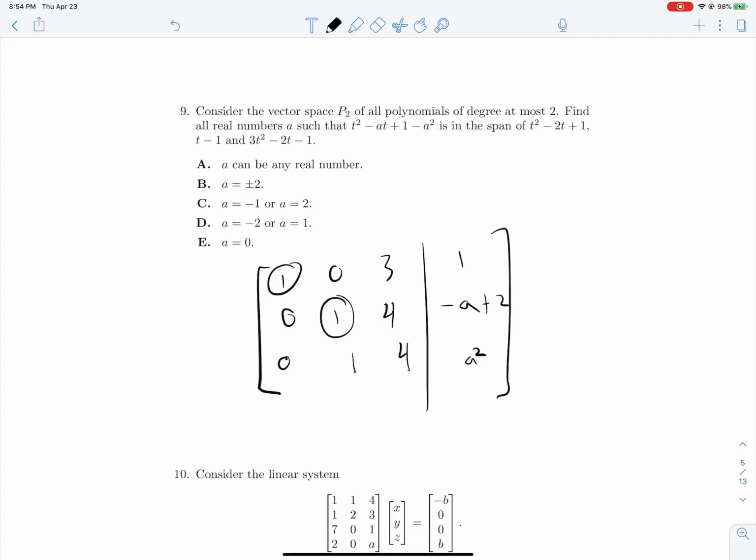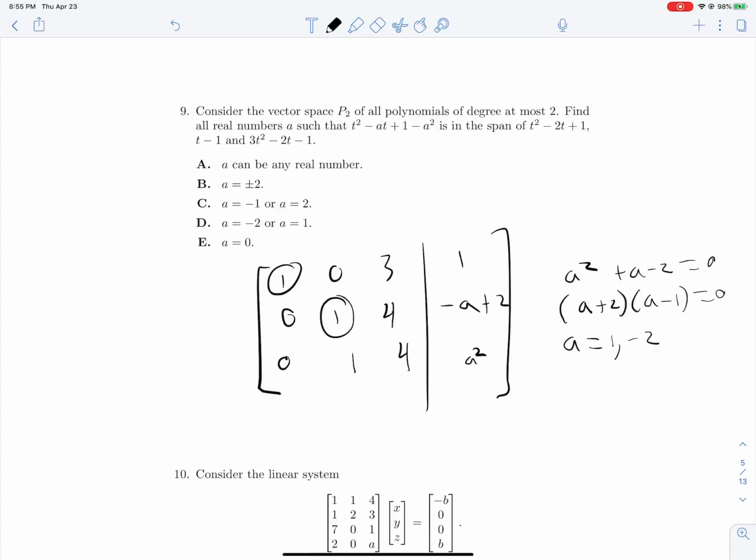Okay, so solving this here, we see that a squared must be equal to -a minus 2, so a squared plus a minus 2 must be equal to 0. A plus 2, a minus 1 must be equal to 0,